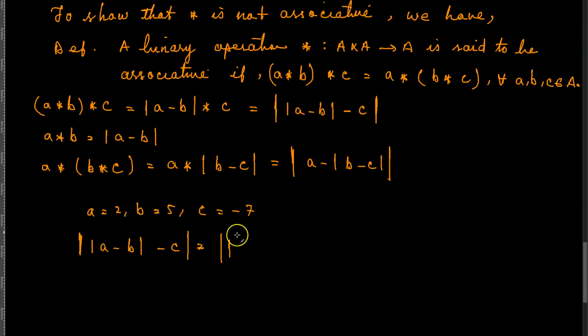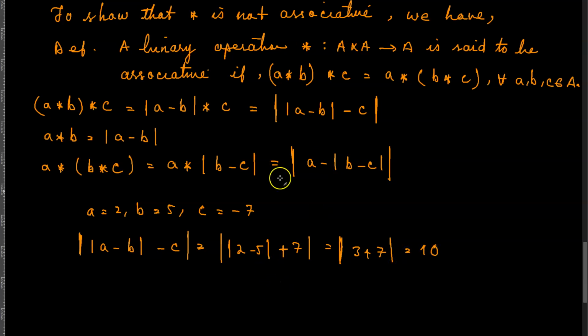So 2 minus 5 minus c is -7, so that's +7, which is equal to the absolute value of 2 minus 4, which is -3, so you get 3 plus 7 is equal to 10, and there you will have a